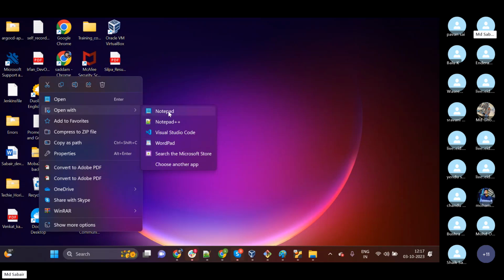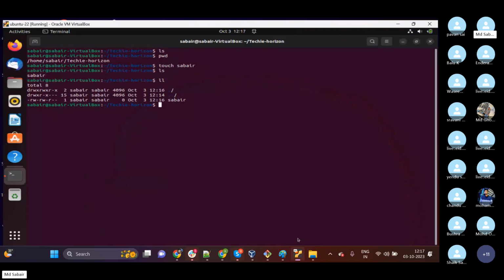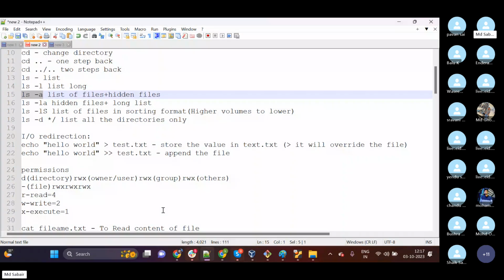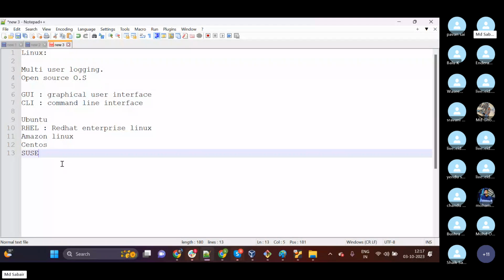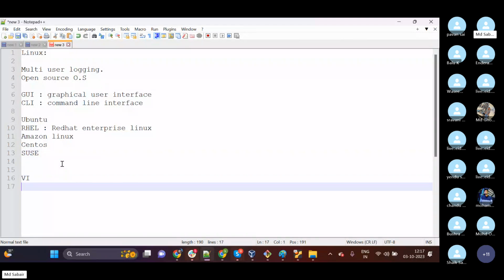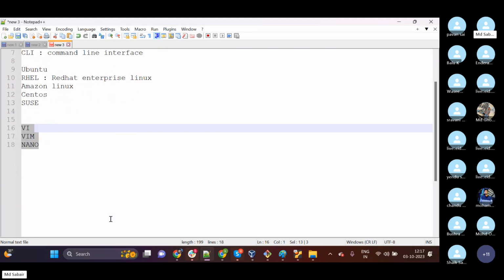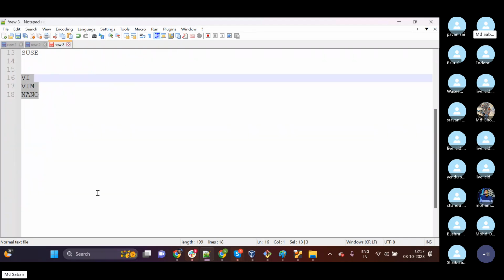These are the different editors which are available in Windows to edit our files. In Linux, we have 3 types of editors. One is VI, one is VIM, one is Nano. So these are the 3 different types of editors which are available in Linux. So you can use any editor. There is no difference.